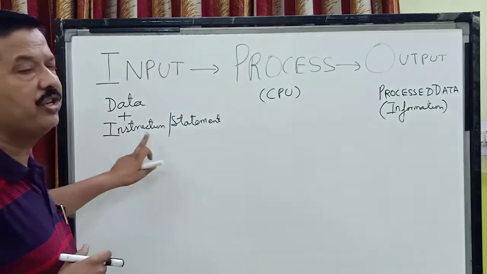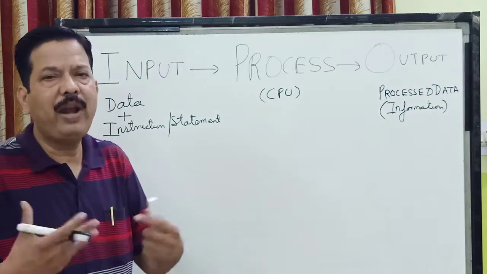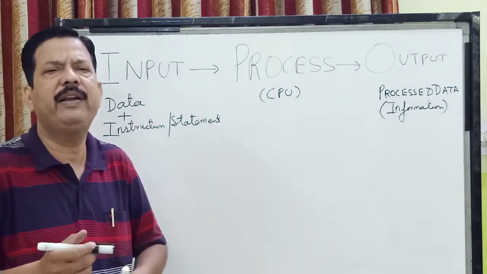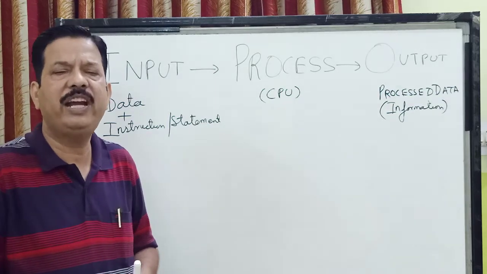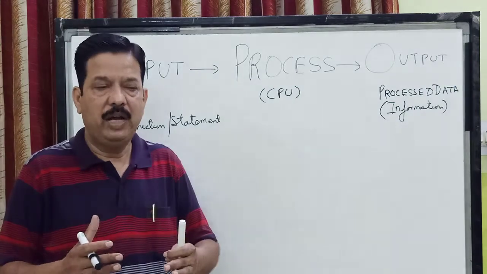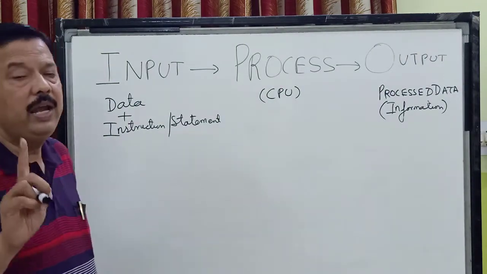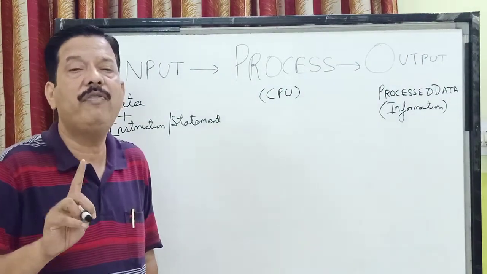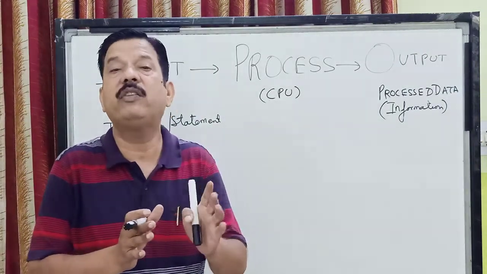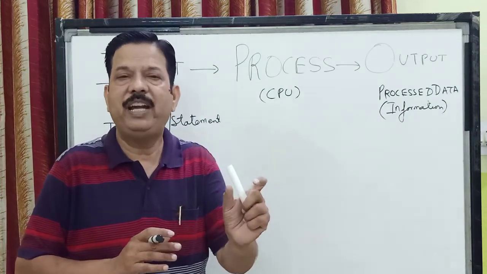Now we come to what are instructions or statements. So children, when we are talking about a language, a program, a program or a language is a set of instructions. Whenever you write any language, you write it in the form of sentences or statements. There are many statements in a program. If we want to define a statement, we say a statement or an instruction in a computer is one complete unit of execution. A computer can only execute one statement, it cannot execute half of a statement.